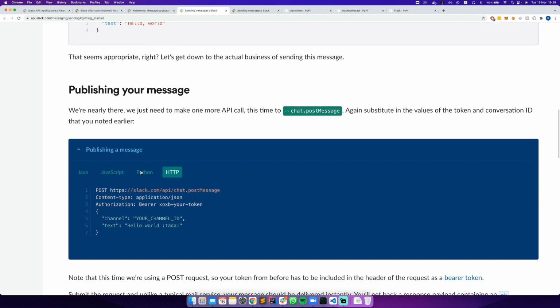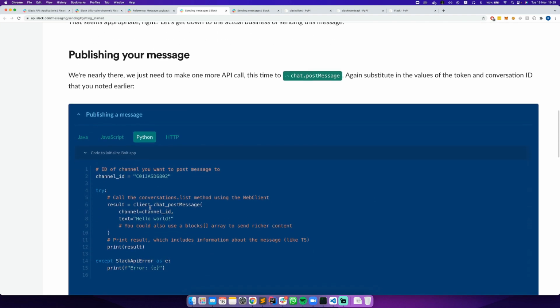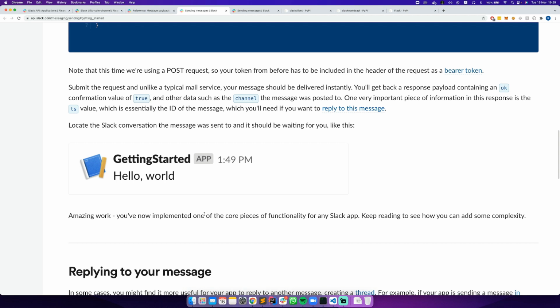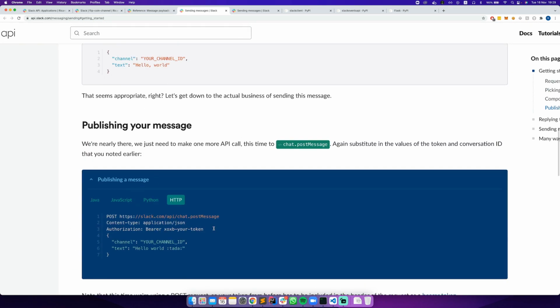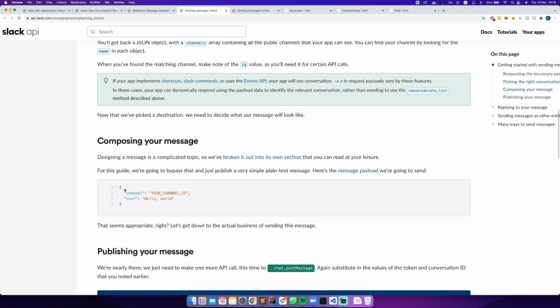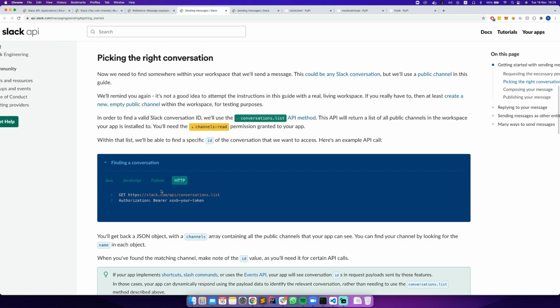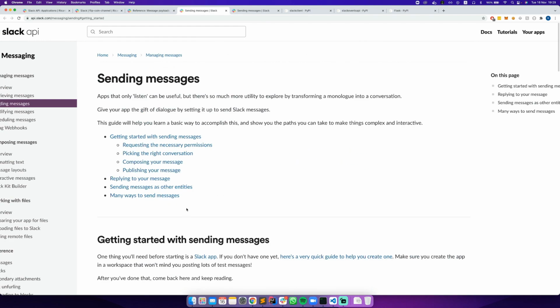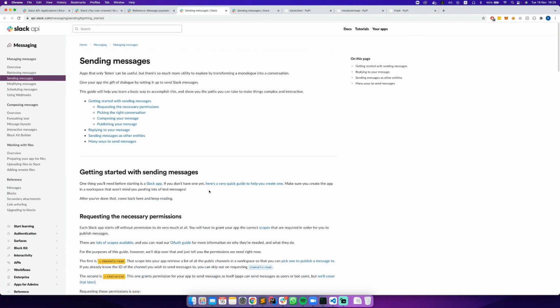And this is, of course, HTTP. I don't know, in Python they use HTTP, but we are using a client, so we can abstract about this. But this is basically what we want. We want to format a message, so we can do it this way. Our message will be a little more complicated, but not a lot. And I'll show you how to do it. So let's go ahead and